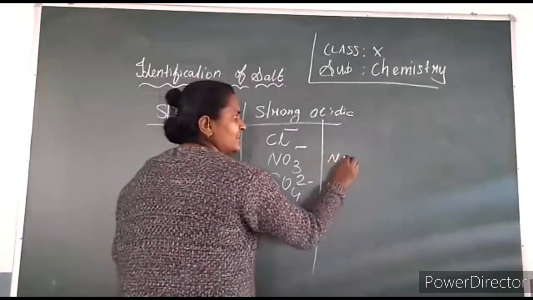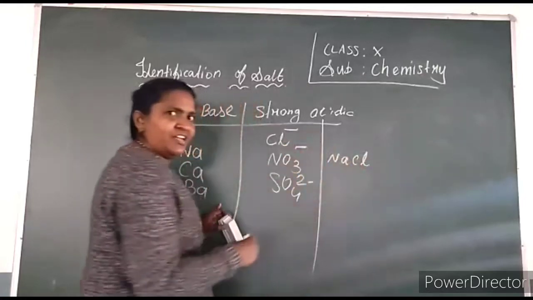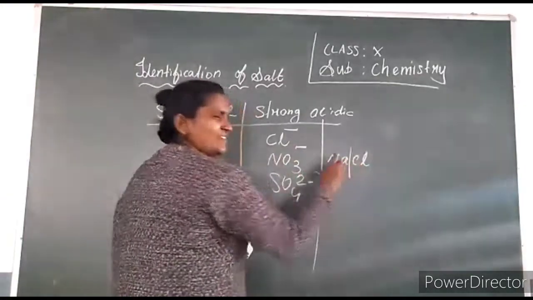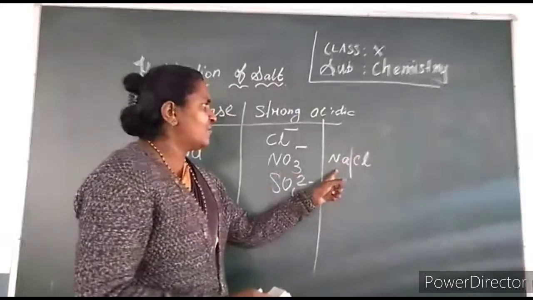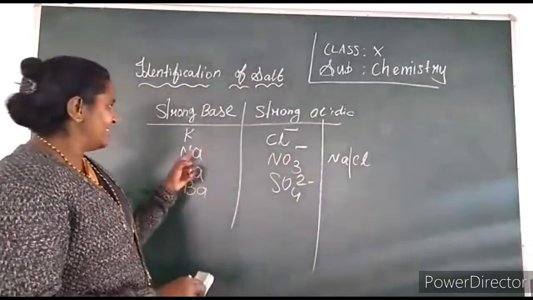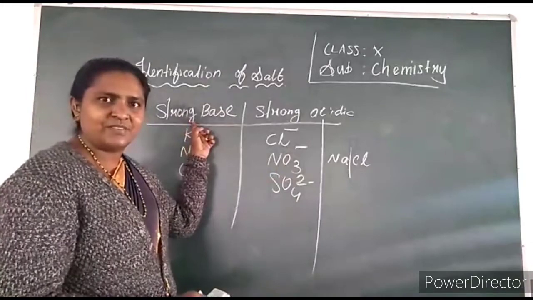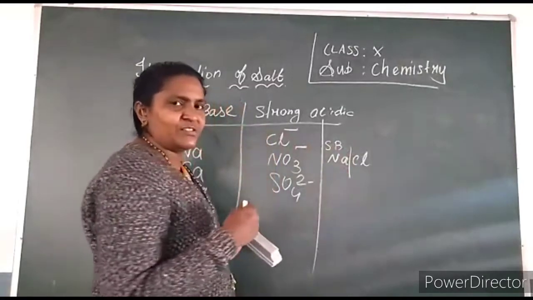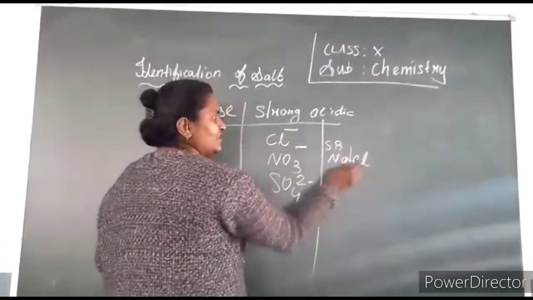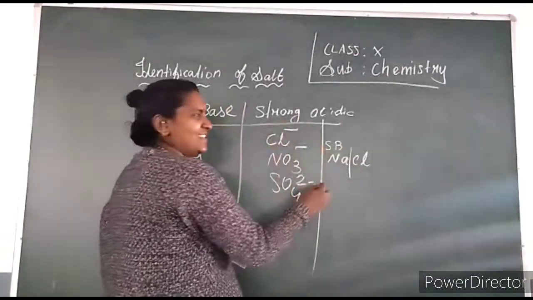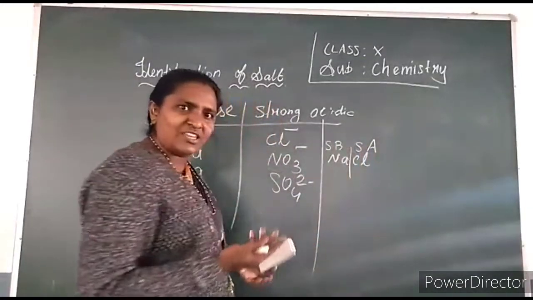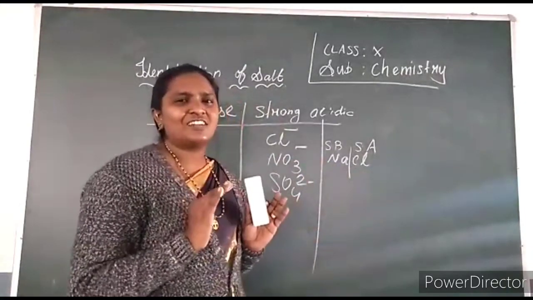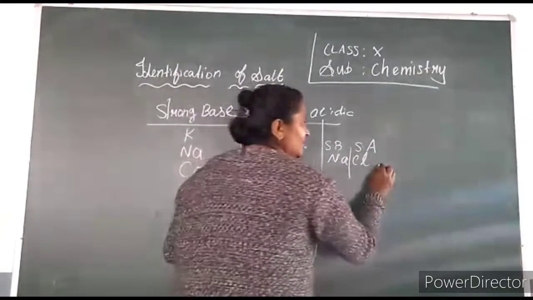Now you are given this salt. You are going to identify what is the nature of the salt. How do you identify? Divide into two groups, sodium and chloride. Look at this, sodium is a strong base. Sodium is under the strong basic list. So you write it is a strong base. You know metal always forms positive nature, that means basic nature. And look at this chlorine. Chlorine is also under the strong acidic group. Both are strong. Basic radical also strong, acidic radical also strong. So your salt is neutral. So the salt is a neutral salt.